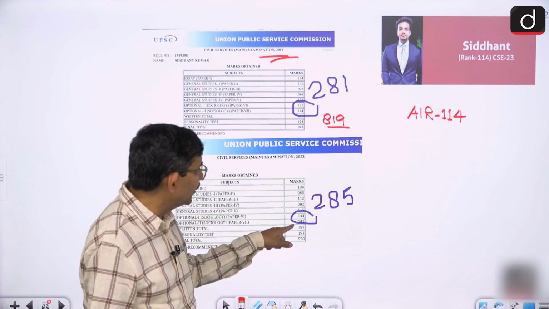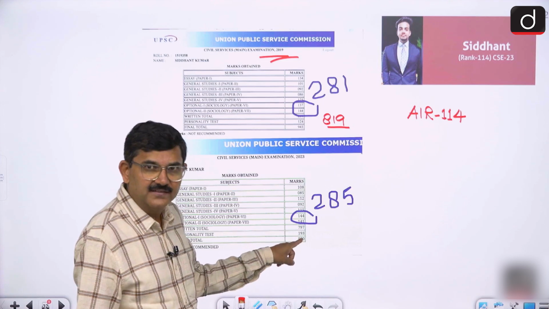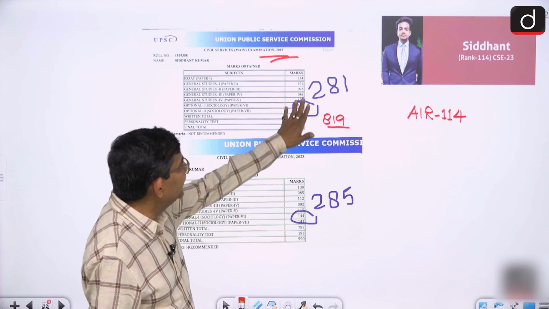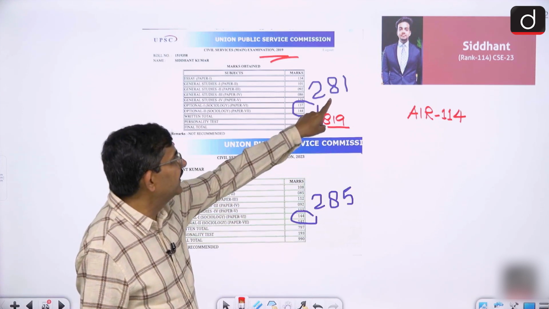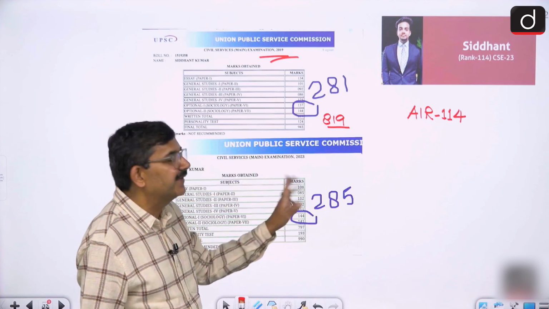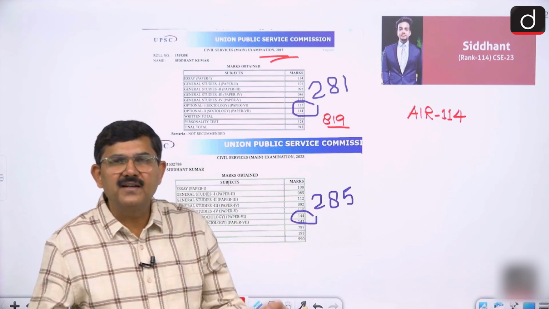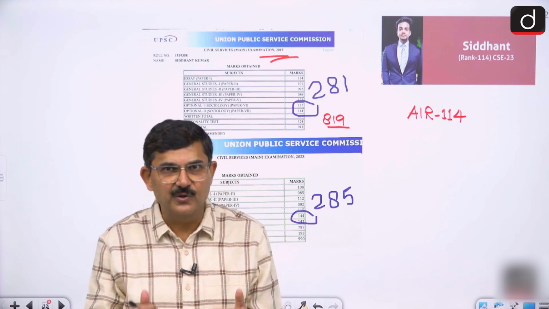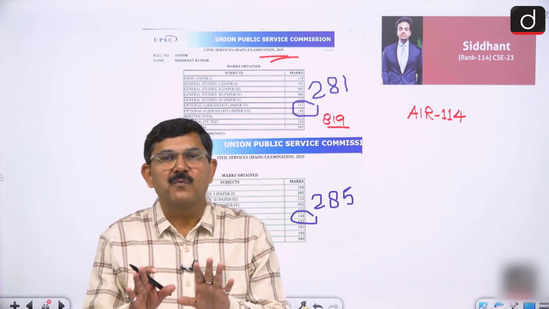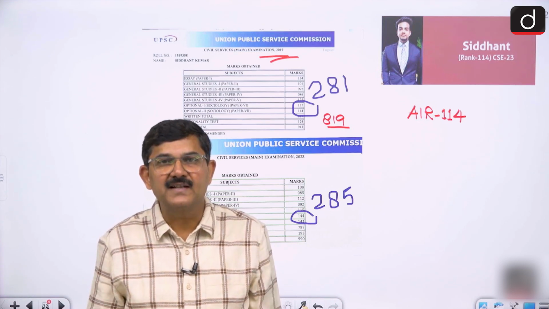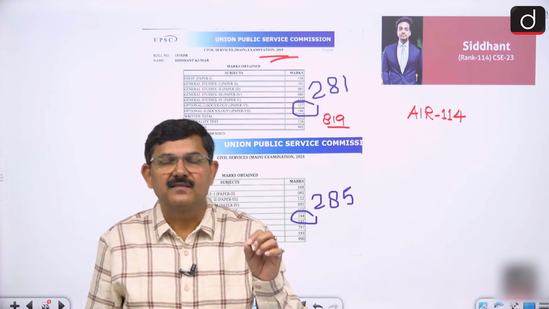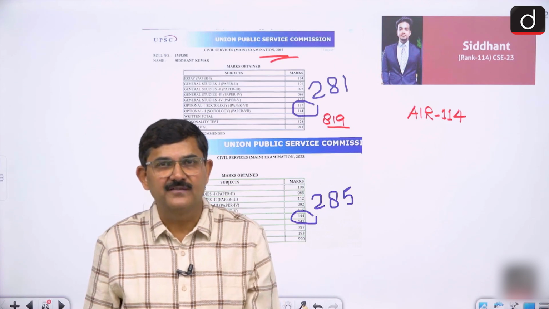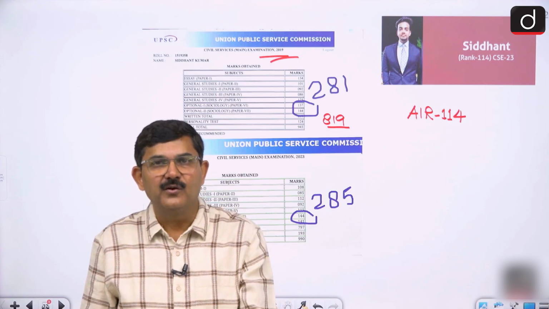As far as his marks in sociology are concerned, now it's 144 and 141, almost equal marks, 281 in 2019 and 285 in 2023. मतलब कहने का है कि one more message that comes here is, the one that you get from the same: if you are well prepared with this subject, then in any situation, if it is not possible for you to get through this examination once, or otherwise you're getting a low rank and